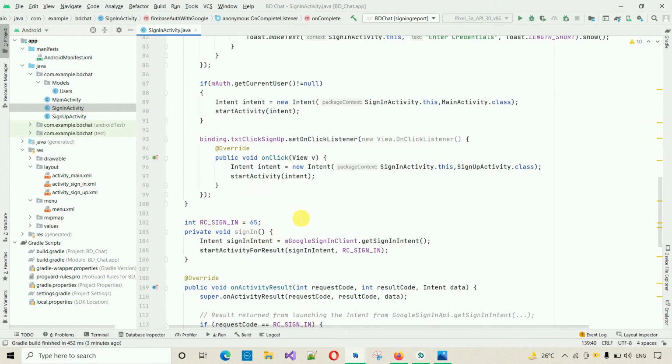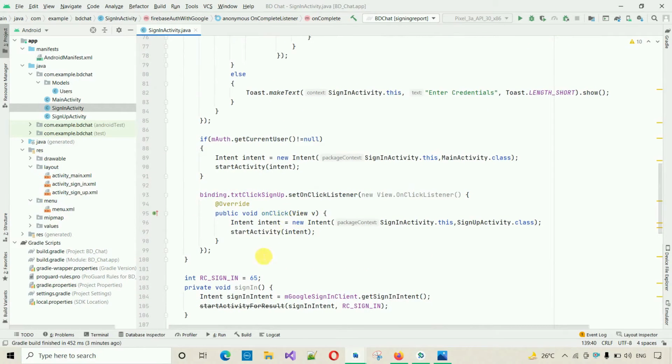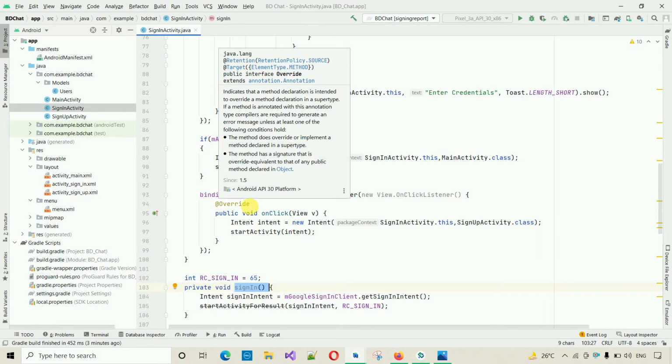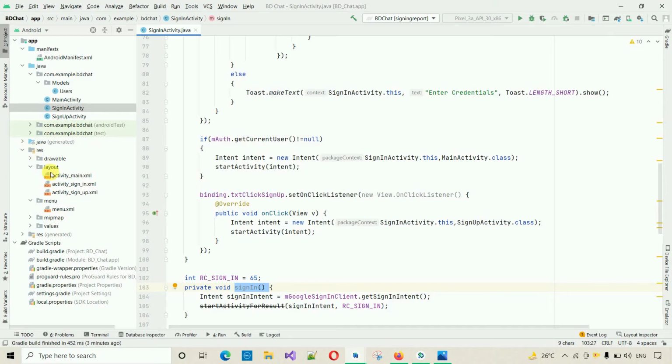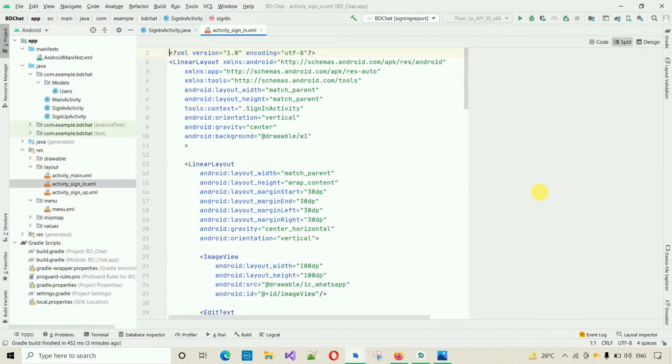So whenever we click on that Google button, then we have to call this method, that is sign in. So that task we haven't performed yet. For that we have to just create an object or set an on click listener for that btn Google. So if I move back to the sign in, and if I click on this button,